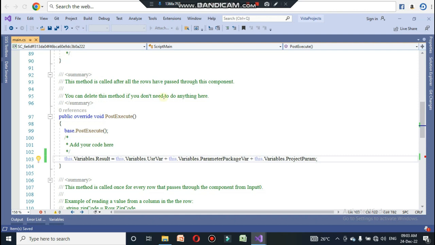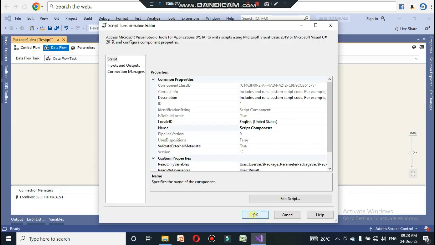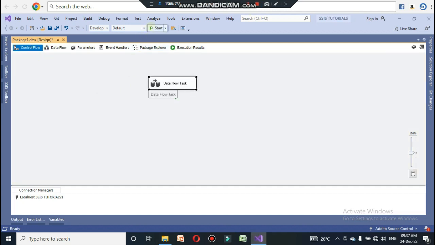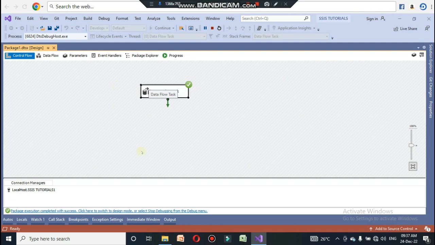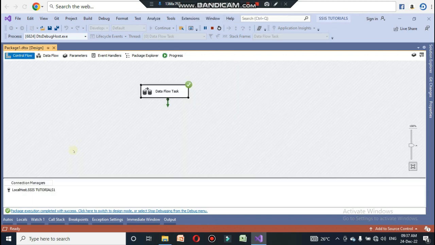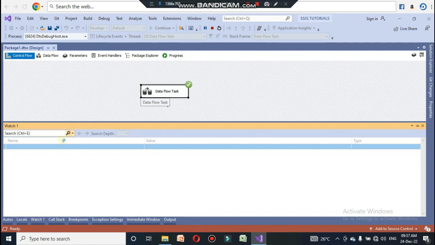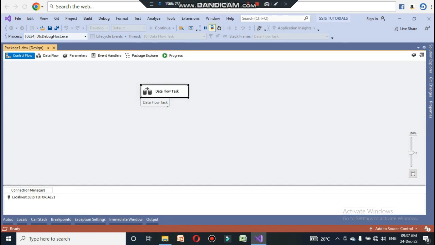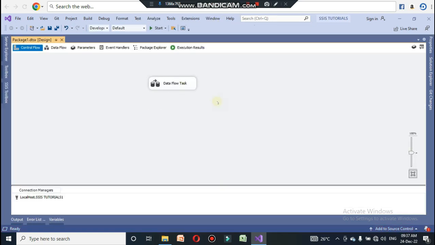That I am going to show now. After that click OK. Now come out of this data flow and come to the control flow area and execute this one. The script task executed successfully without any error. If you want to look at that output, you need to configure some breakpoints, otherwise you can't see the output. So for that purpose, what I will be doing is that